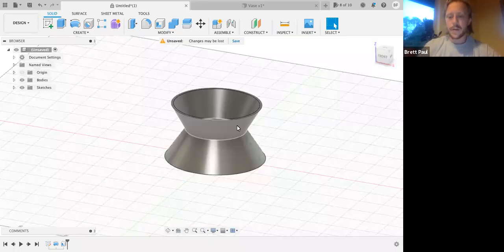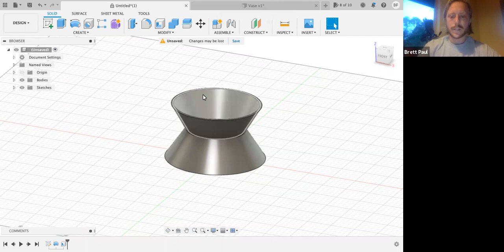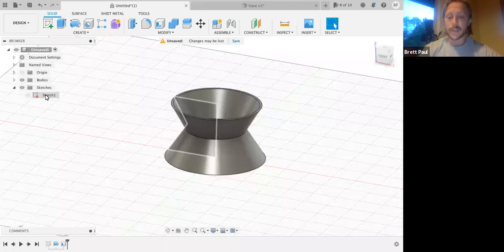Okay, so in the last video, we discussed a simplified version of our vase to point out that in the sketch, not only do we have to fully define each point, right? We have to fully define the sketch, but we have to define the points in a certain way. As a quick review, if I open up the sketch from our last example,